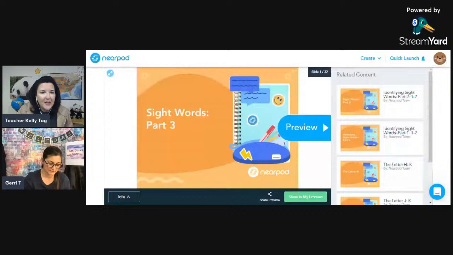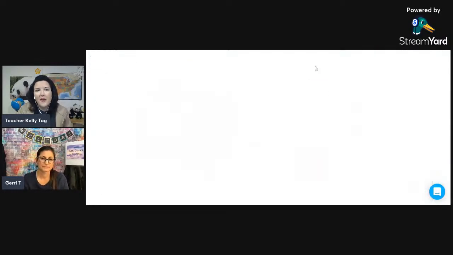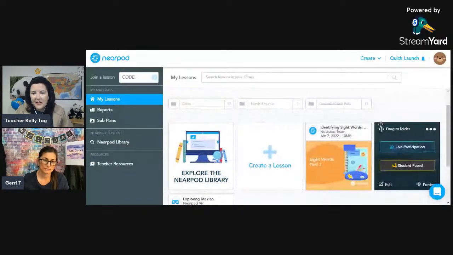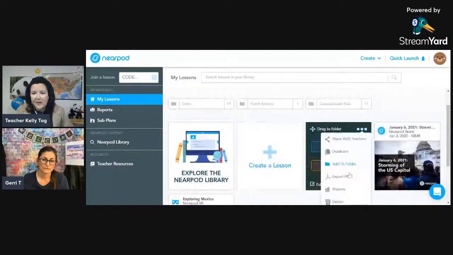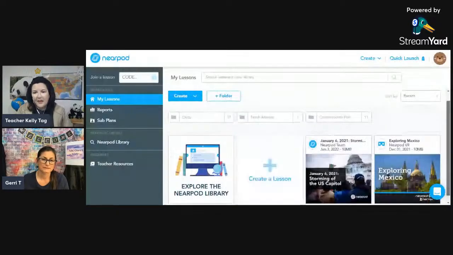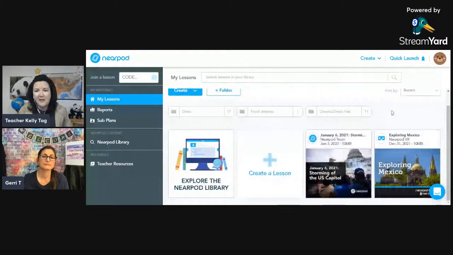Wow. So let me show you, once you have it in your library, you can start creating folders. If it's not in a folder, it's like I was deciding later what to do with it. So I'm going to delete this before I forget. Yeah, you don't need that one. Right. So I'll use my own examples. Like the storming of the Capitol, yesterday was the anniversary of that. I teach civics, so this was super easy. I didn't have the lesson already done for me. I gave it as an optional lesson to my civics class after class. I have no idea if they're going to do it, but it literally took me 2 seconds to put it